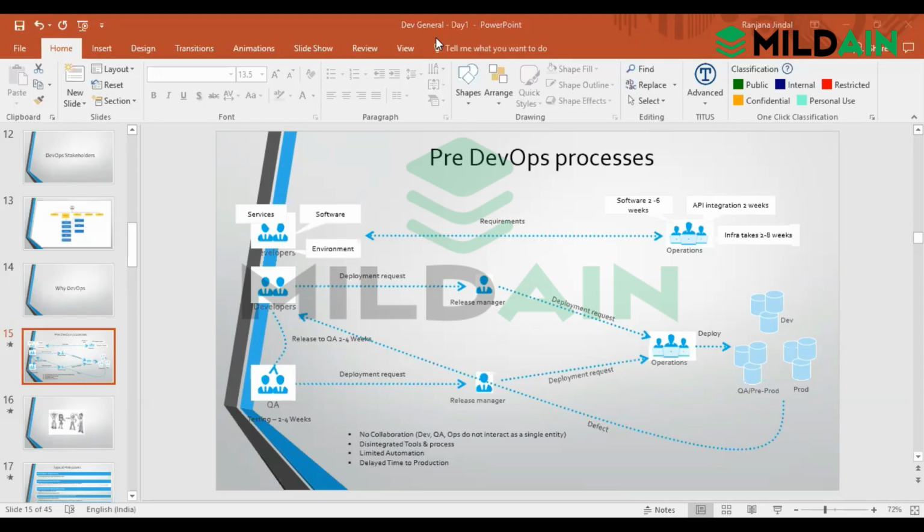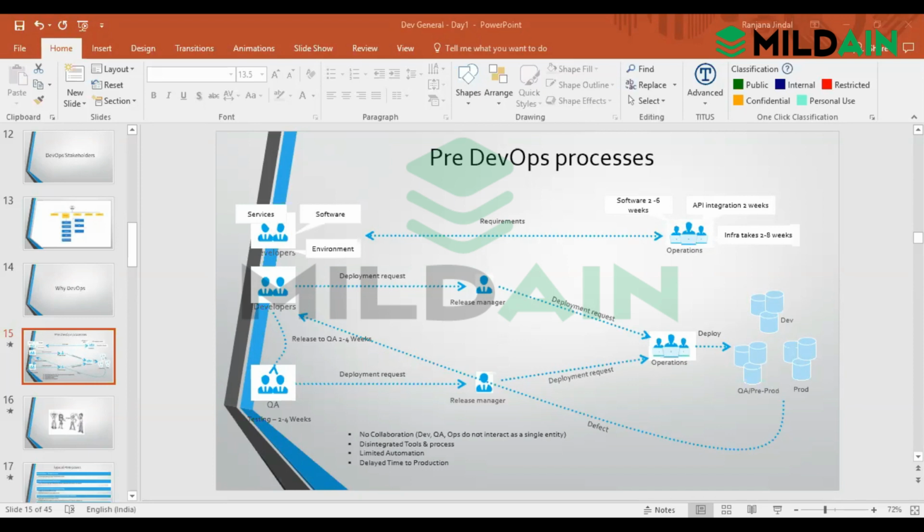Now, if you see, this is development. Instead of this, I will just use this pen.